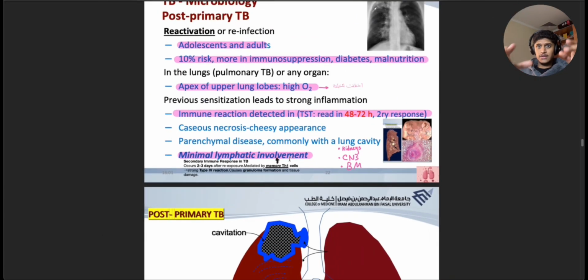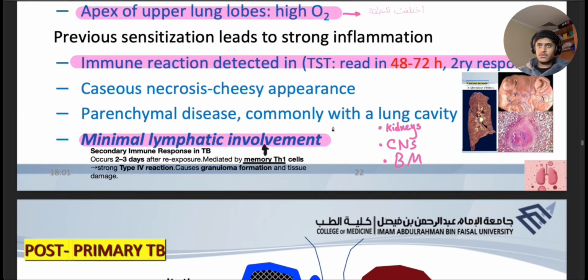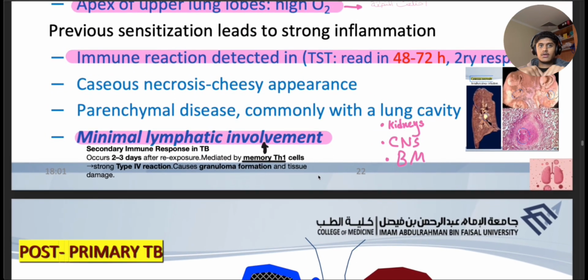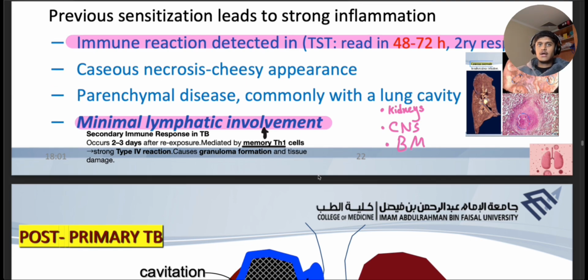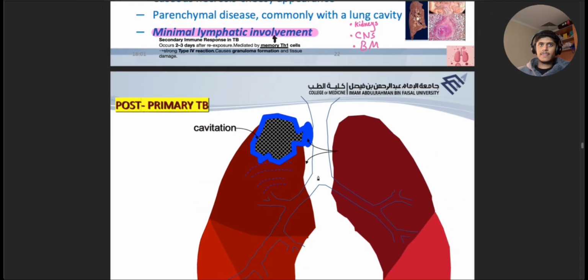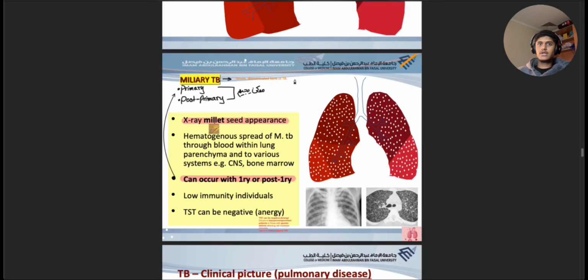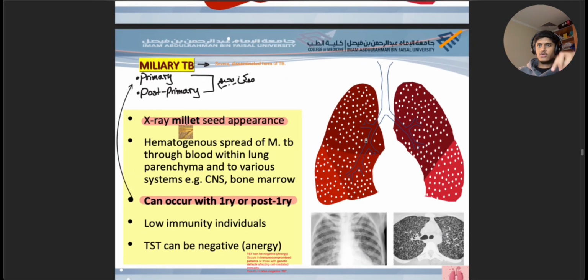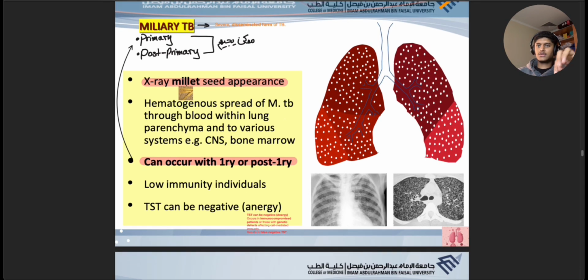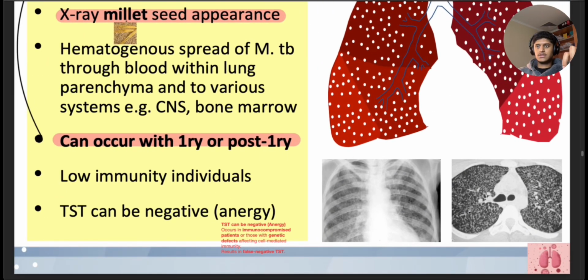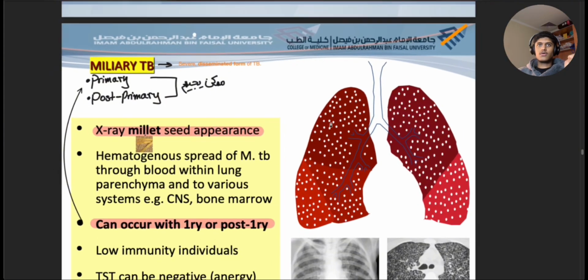However, this time the lymphatic involvement is really reduced because of the cell-mediated and the type 4 hypersensitivity, which causes more granuloma formation. More granuloma causes more tissue damage. We can see the cavitation here, and one of the most devastating pictures, I would say, is this chest X-ray and CT of